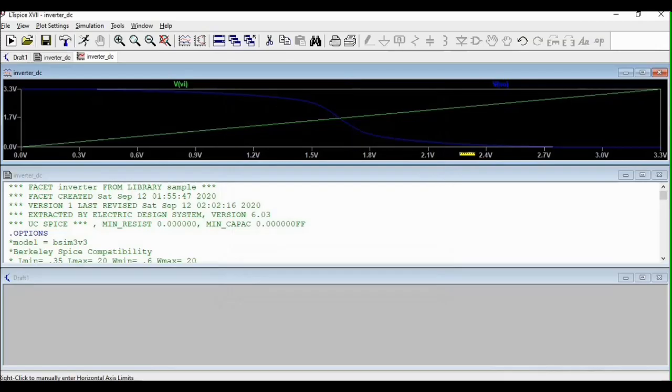So why do we need to extract the waveform from LTSpice? I'm going to show you certain commands that you can use.